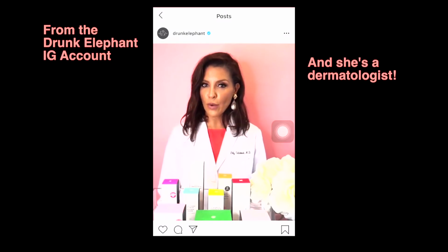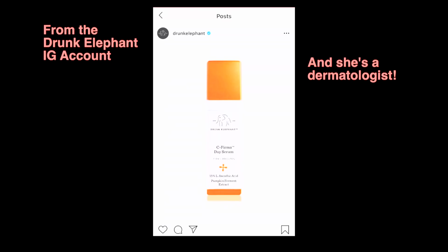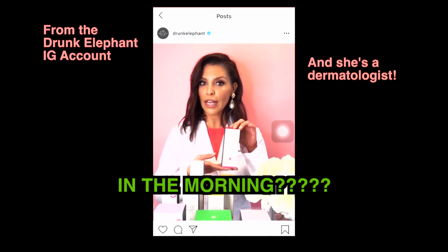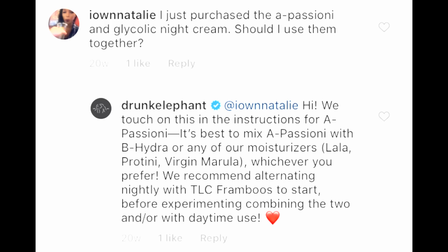Two of my favorite products are the C-Firma, which is a vitamin C serum. My other favorite product is the A-Passioni, which is a retinol. I take both of these products in the morning, take a pea size of both, and mix them together. They recommend alternating it with their 12% TLC Framboos Glycolic Night Serum, and they also recommend using vitamin C with